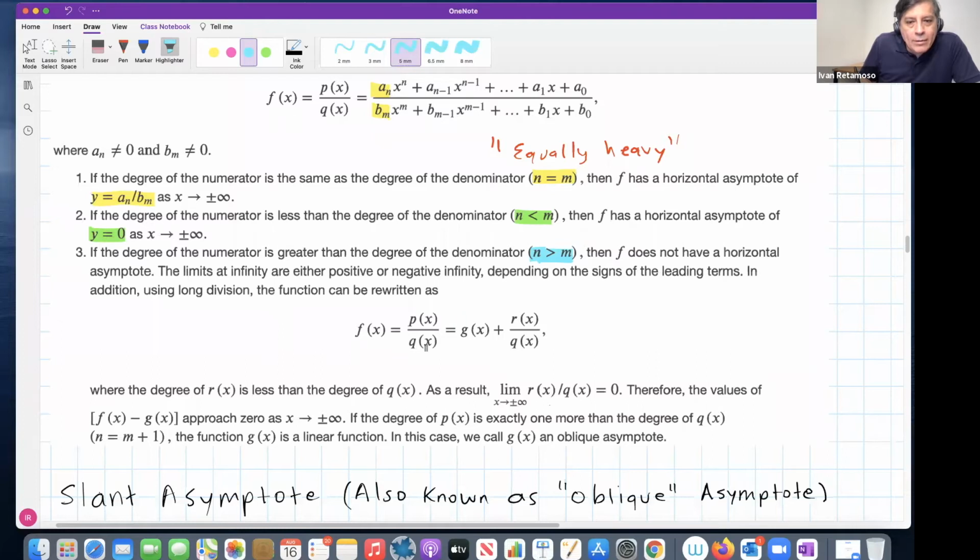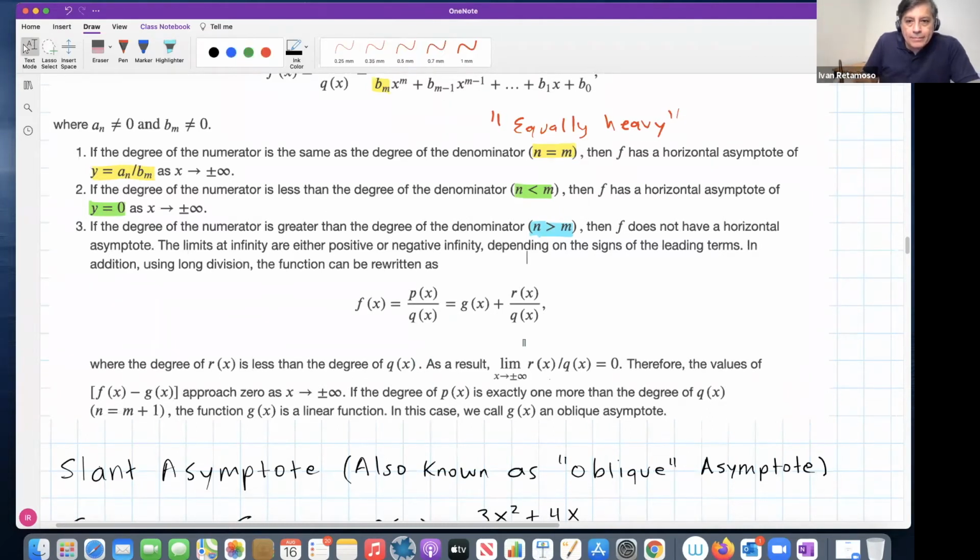But it will show, for some particular cases, what mathematicians call a slant asymptote, also known as an oblique asymptote. What is that? Well, guys, notice that